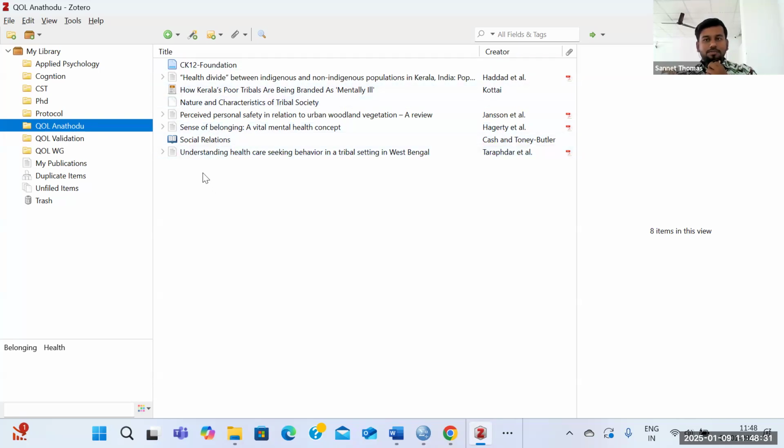You can see here. So how can we add the studies here? You will get an option to create a folder over here. And apart from that,